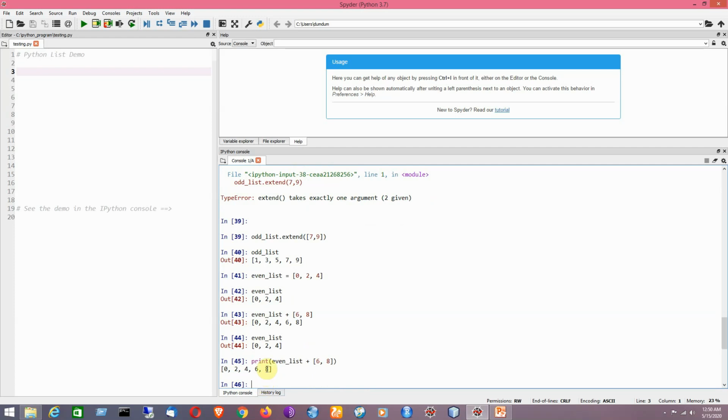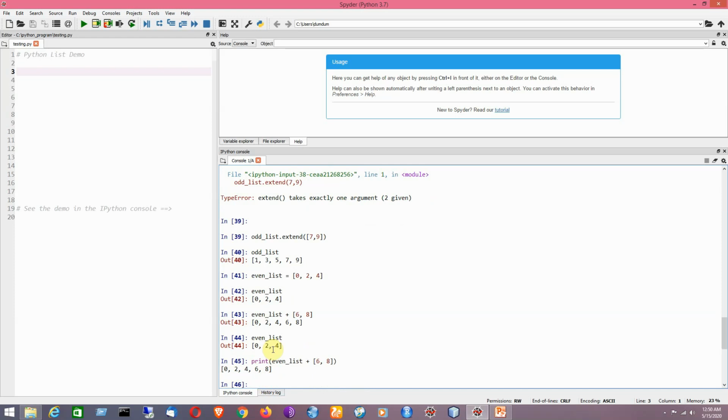In that way I can use the plus operator for printing the list of values. That means I can combine two lists here for printing by using the plus operator.